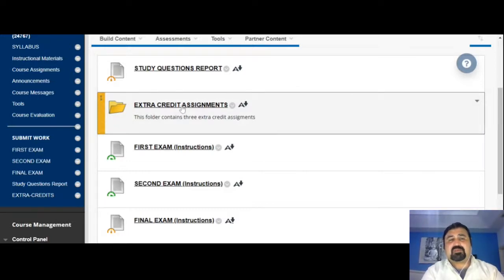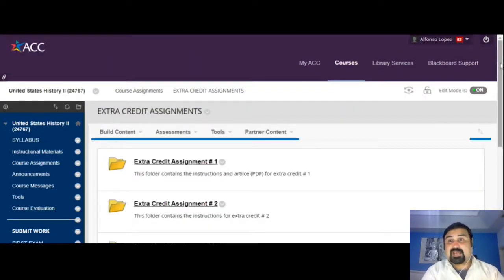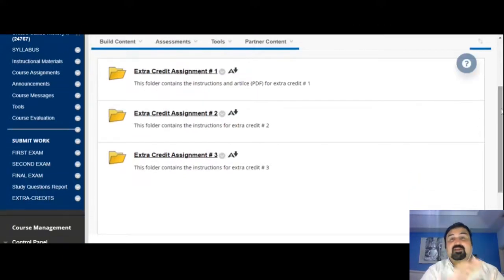There are actually three extra credit assignments. Everybody's entitled, regardless of grade standing. It doesn't matter. So there are three extra credit assignments in case you want to add points towards each one of the exams. You can complete those extra credit assignments and add 10 points to each of the exams. There's going to be 3 exams for this course, so there's also going to be 3 extra credit assignments. If you're interested, you go to that link, extra credit assignments,